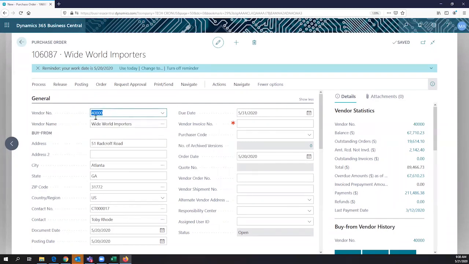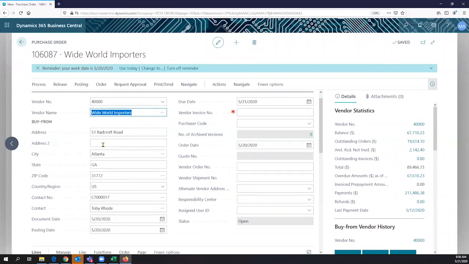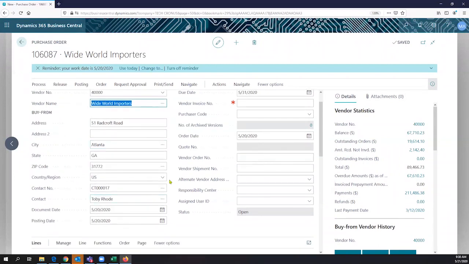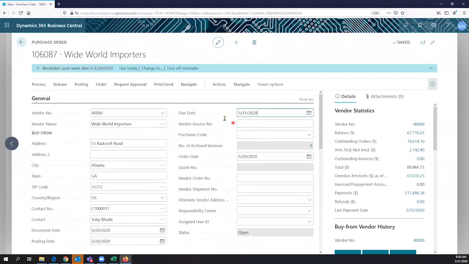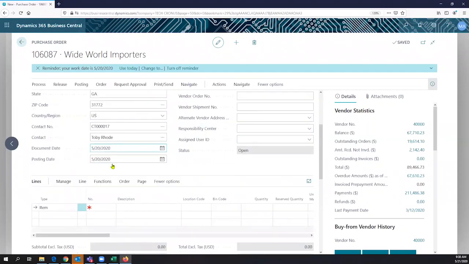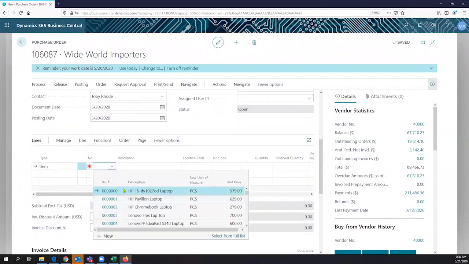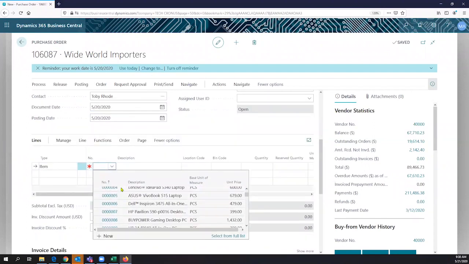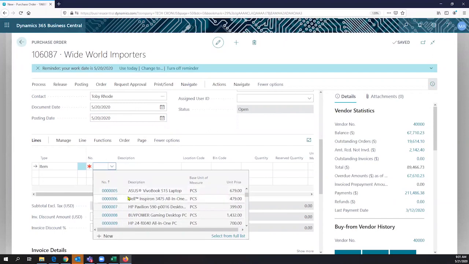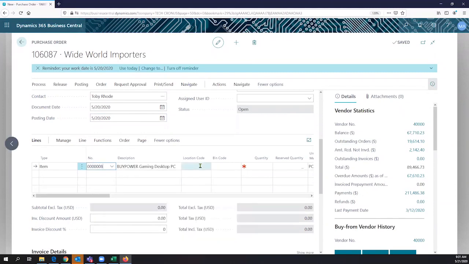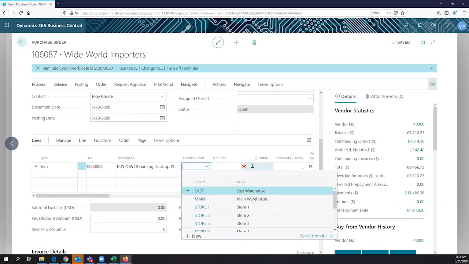I'm including the Wide World Importers vendor. Here's the general information of the vendor. As well, I have a due date, and let's just recall the item. Well, I mean, let's order the item that I was looking for. I have the Buy Power gaming desktop here, and nothing else. All right, the quantity, well, according to your plan, my assembly, all my experience, maybe 5 units